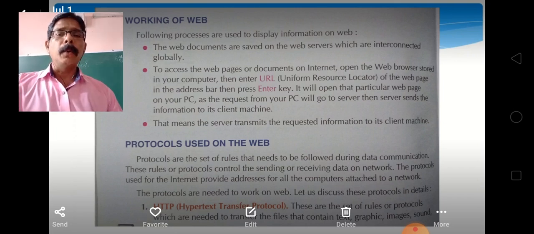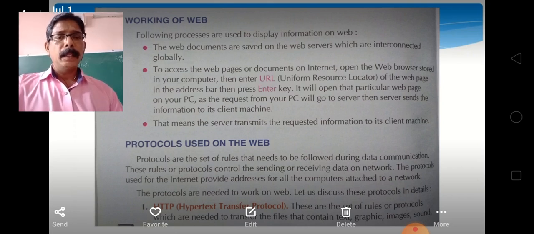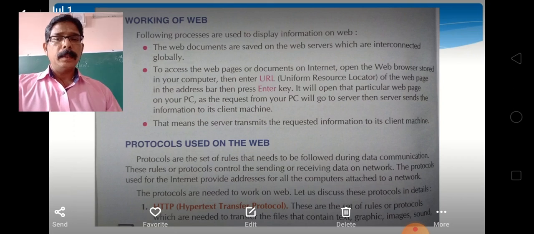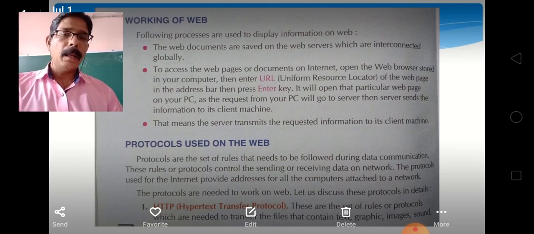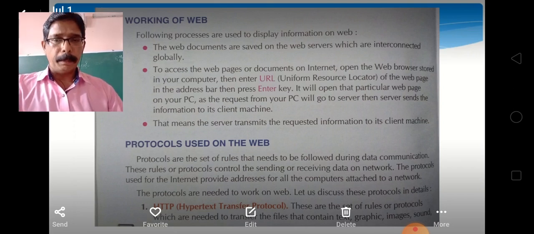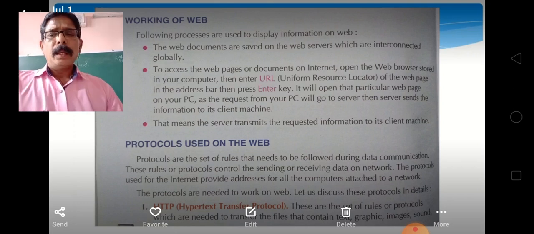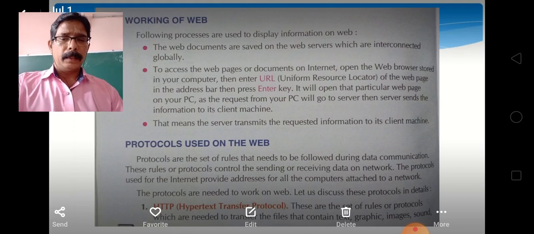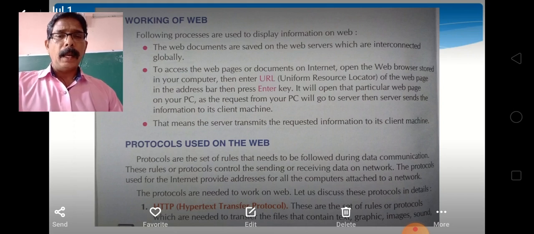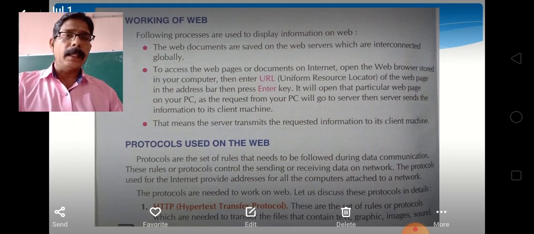It is a set of rules for transferring files such as text, images, sound, video and other multimedia files over the web. It works on a client server model where the web browser acts as the client.